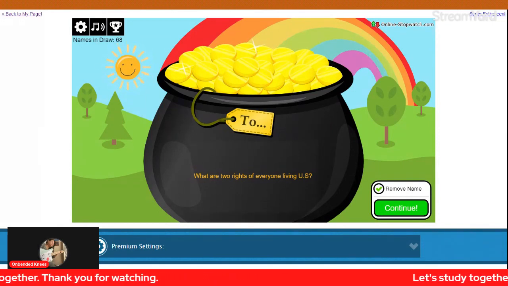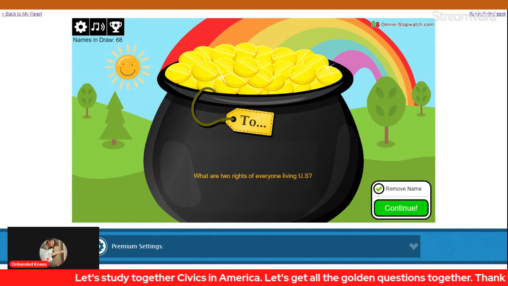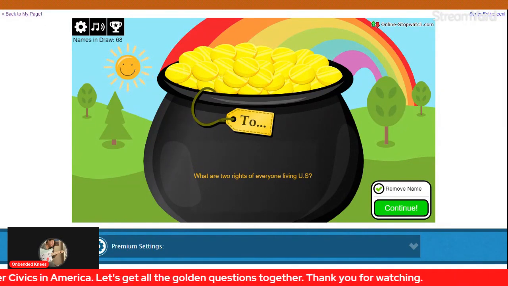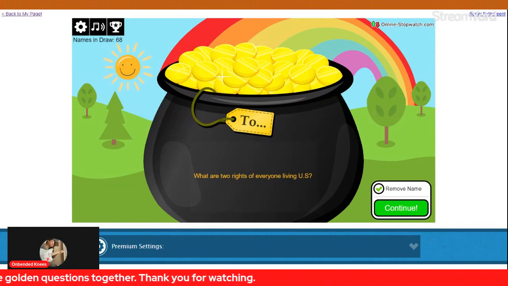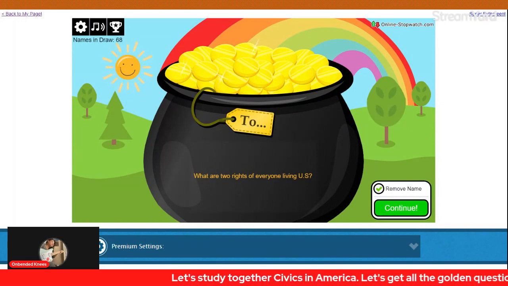So what are the two rights of everyone living in the United States? I don't know, guys, maybe they will enumerate them. It depends on the one asking the question. But during the civic exam, it's multiple choice. It's okay if it's multiple choice. The only thing is if it's not multiple choice and you've been asked by an officer